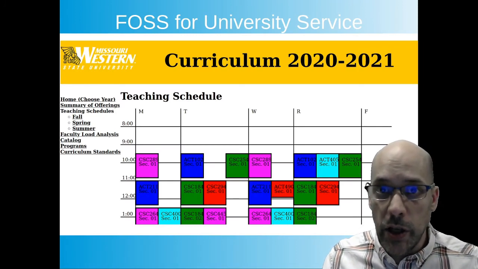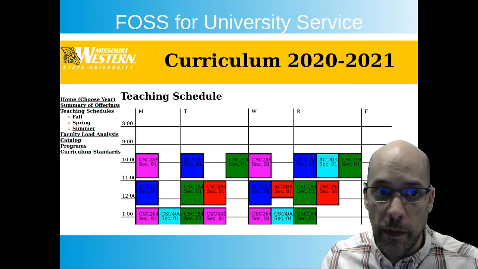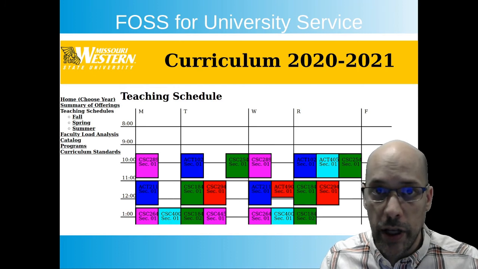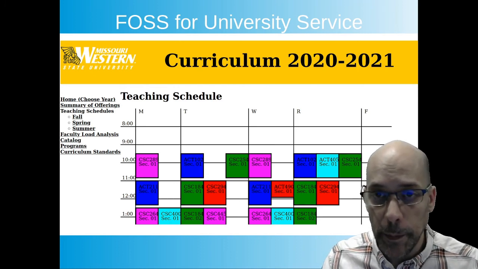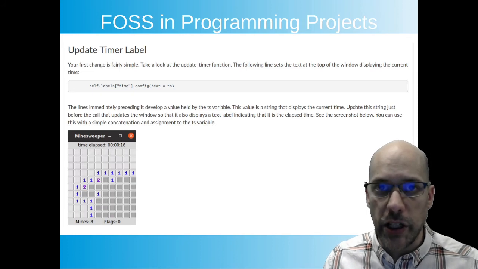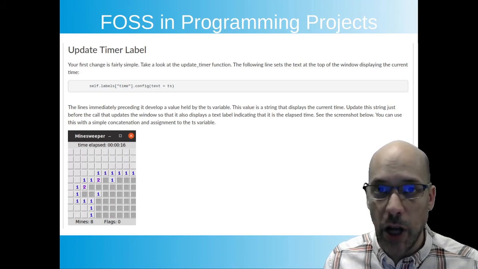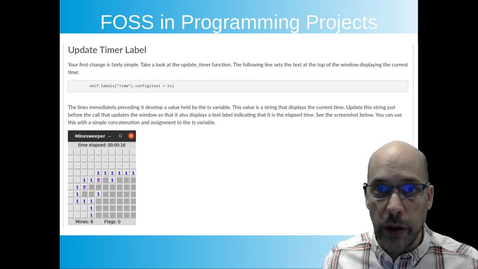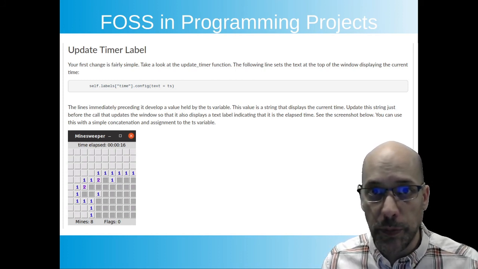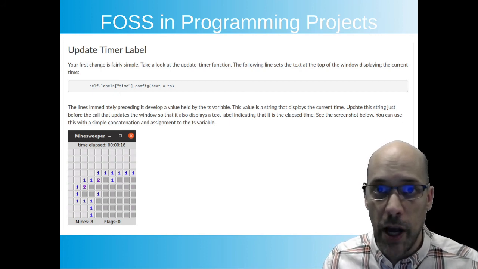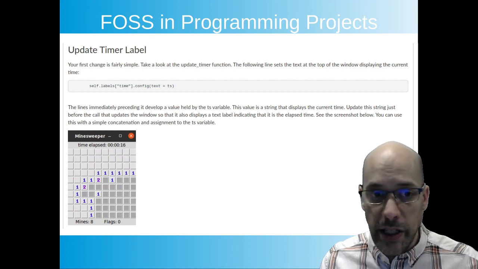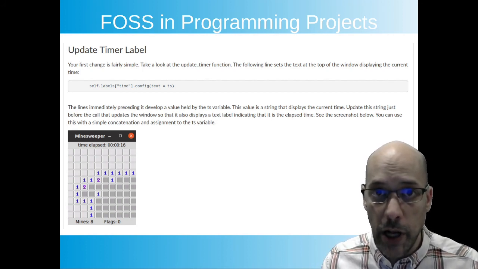Students and faculty have also been involved in developing software for managing processes within the department, particularly our curriculum development efforts and scheduling. Open source projects have obvious utility to teaching programming all across the curriculum. I like to include open source projects early in my courses to show students what it might be like to work on a larger project and to help them apply the skills that they're learning. This example is an open source Minesweeper project on GitHub that I have students make small changes to using some of the concepts that they've learned through the first third of the class.